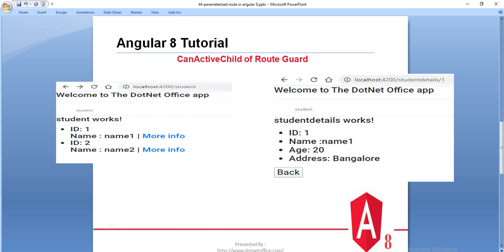In this example we are going to implement an application. We will have a student list which will contain some parameters like name, id, age and address. The first page will show the id and name. When we click on more info, it will show the full information of the student, and we will have one back button. When we click on the back button, we will be back on the previous page. When we click on more info, it will take the respective id and go to another page, and it will show the result. So let's implement this logic.